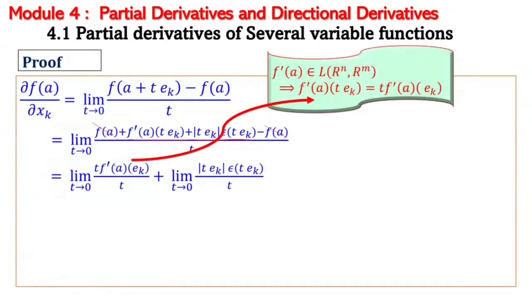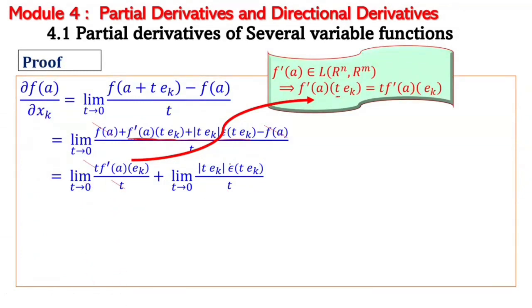So now from where this part is coming, t f dash a e k. From here, we can convert this as t f dash a e k over t. So what we have, f dash a is linear from Rn to Rm. Therefore f dash a t e k, so this t can be taken out. You will get t f dash a operating on e k. So this is written from this ideology. Okay, so this t and t will cancel out,